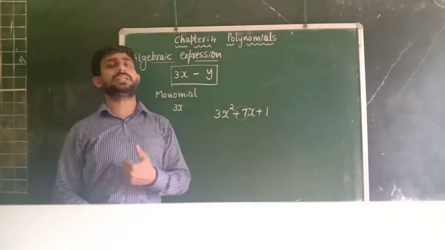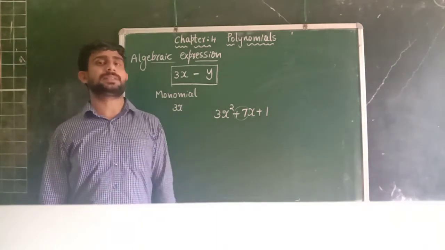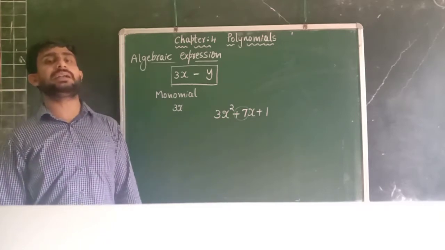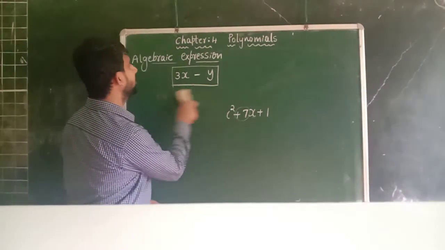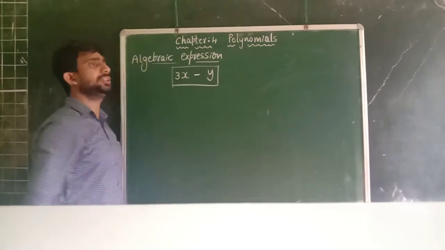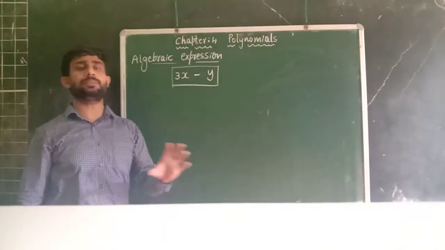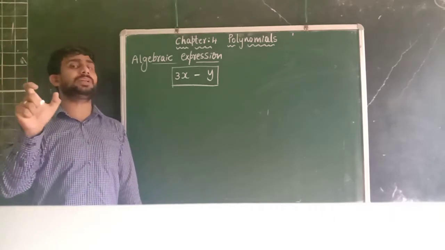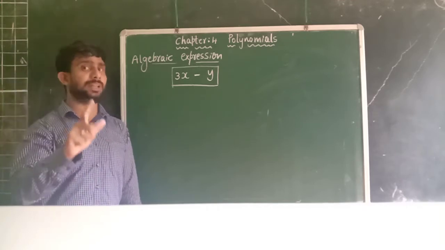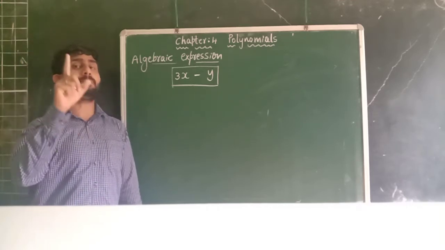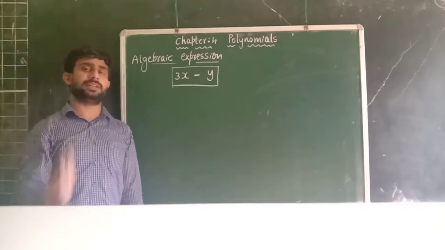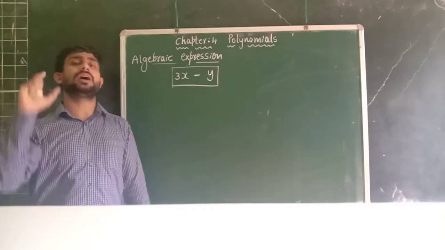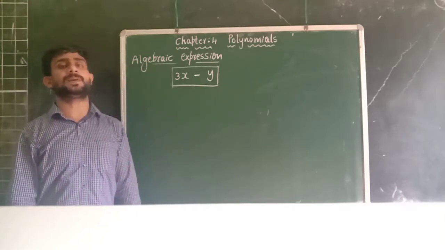Now, the next thing you should know in this chapter is the degree of a polynomial. What do you mean by a degree of a polynomial? It was mentioned in your textbook. That is a very important concept. We are considering a polynomial of one variable, with the power or exponent of the variable. The highest exponent or highest power of a polynomial is called its degree.